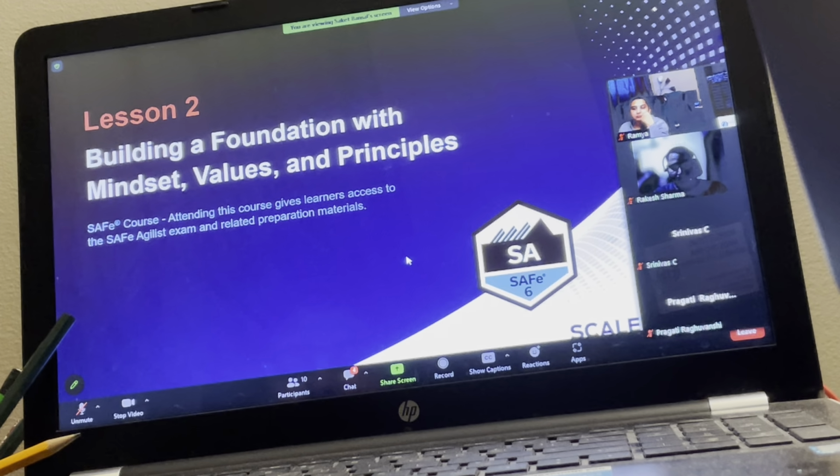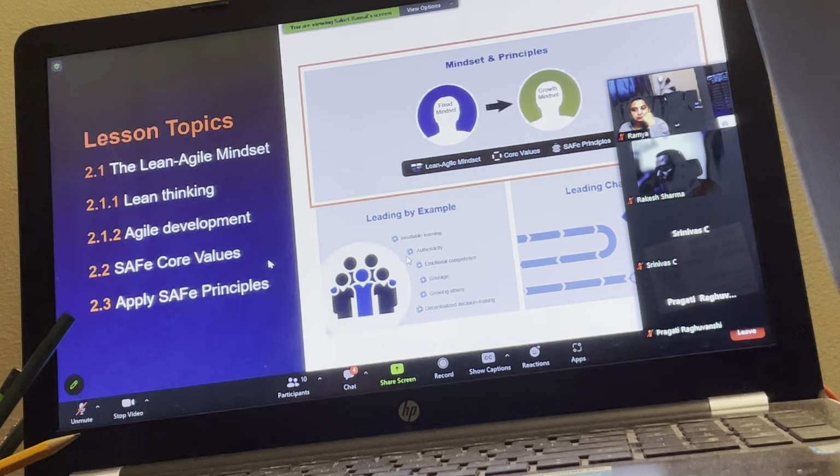So in this lesson, we are understanding what guides the Scaled Agile Framework. And I said before, these guidance are also needed in order to make context sensitive decisions. Many times we are not clear, okay, should we do A side or B side? With the help of principles, we learn that, okay, this way of working is a better way of working. Like, what do we do when one team is unable to deliver? What do we do when we have an unresolved dependency? With the help of these principles, we can identify the right path. So that's the reason for understanding these values and principles.